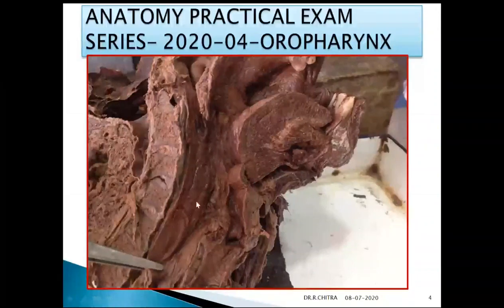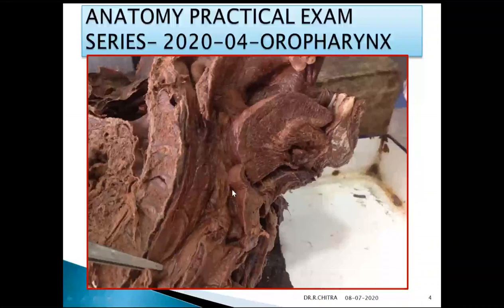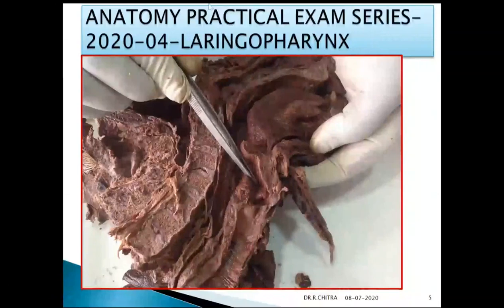Now we will see the laryngopharynx, its anterior wall and posterior wall. This is the anterior wall of the laryngopharynx. If you see the anterior wall, you are seeing a communication to the larynx, which is called the laryngeal inlet. You will see it again in the next image clearly. Yes, this is the laryngopharynx, and its anterior wall presents a communication to the larynx. This communication is called the laryngeal inlet.